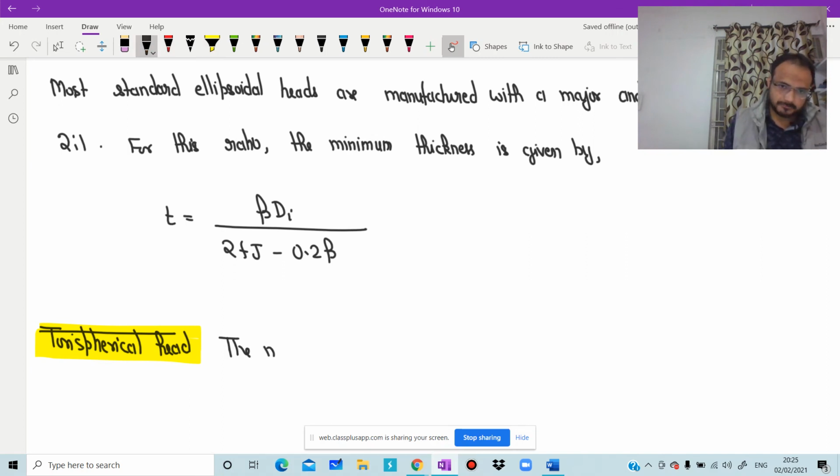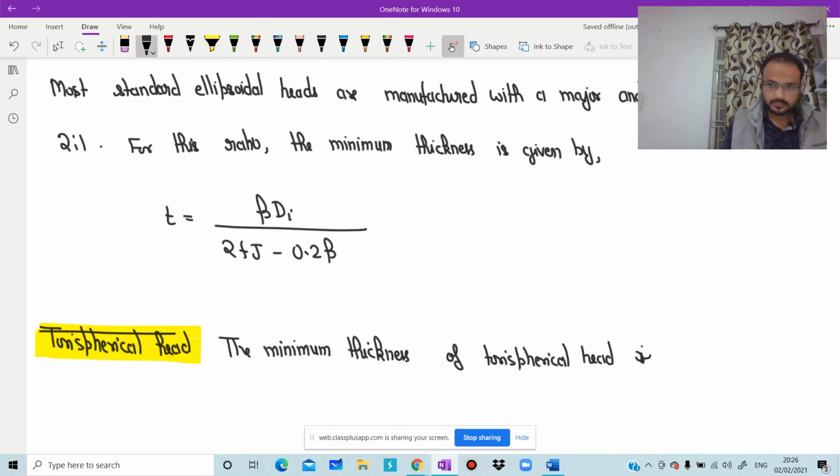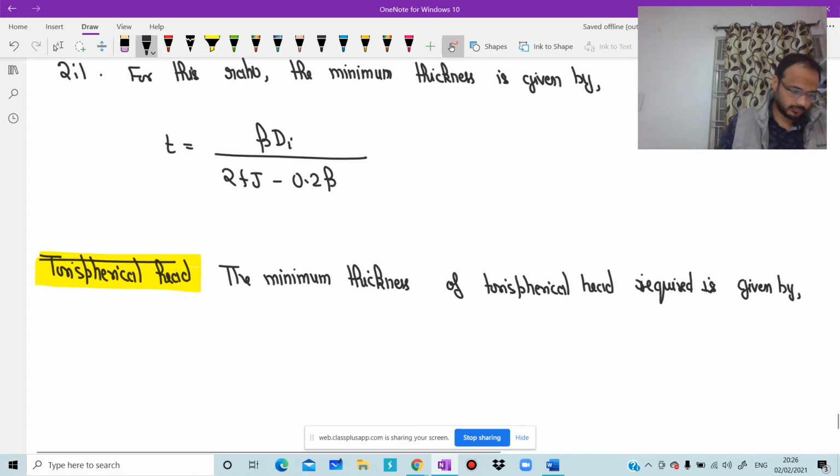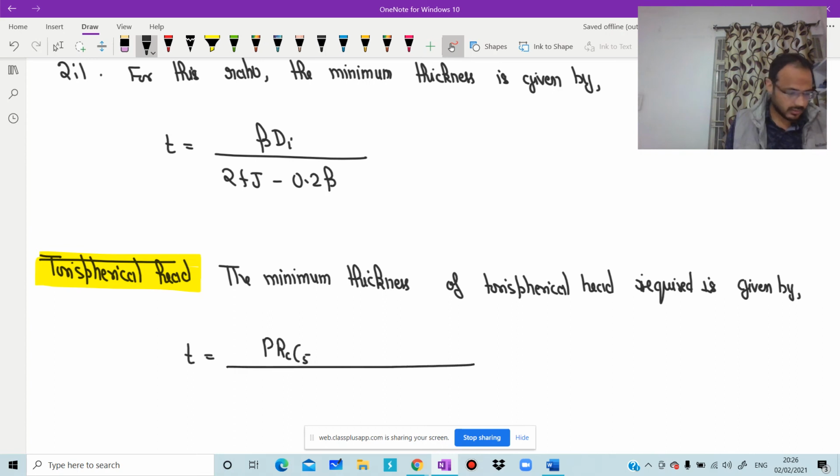So the minimum thickness of torispherical head required is given by T is equal to P into RC CS divided by 2Fj minus P into CS minus 0.2,